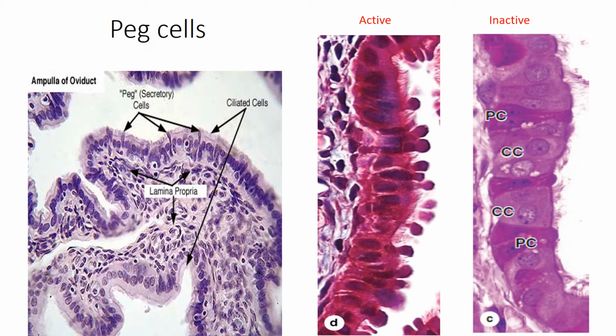and estrogen. But later on, in the late phase, their secretion declines because now the corpus luteum is regressing, there is a diminution of the secretion, diminution of the cilia. So here you can see how these are the ciliated cells, these are prominent cilia, and these are the peg cells, and it is prominent secretion. Here you can also see, but the cilia are diminished, and even the secretion is diminished.